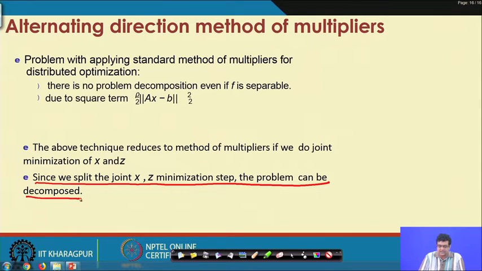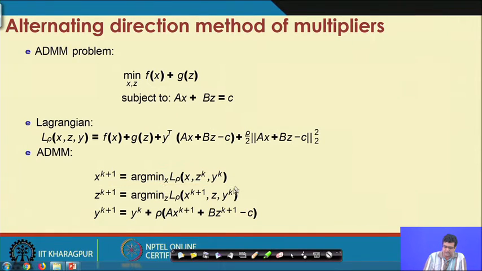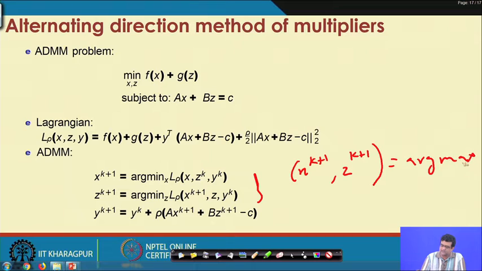Earlier, if we were not using ADMM, we would have to combine these two steps, saying x k plus 1 comma z k plus 1 is equal to the arg min jointly over x and z of L rho of x comma z comma y k.